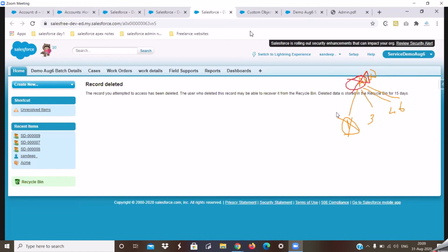All your child data will also be removed, right? So that is the advantage of your master detail relationship. If you ask me, is that a kind of an advantage or a disadvantage? It depends on your scenario, all right? So if I'm just deleting my parent, all my child information is also gone. Do you think that it's an advantage or a disadvantage?